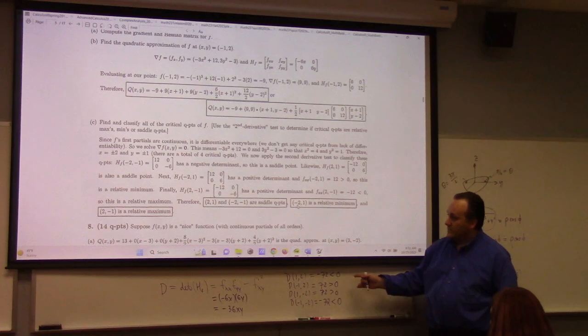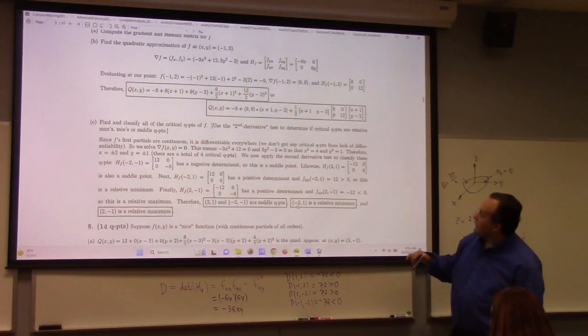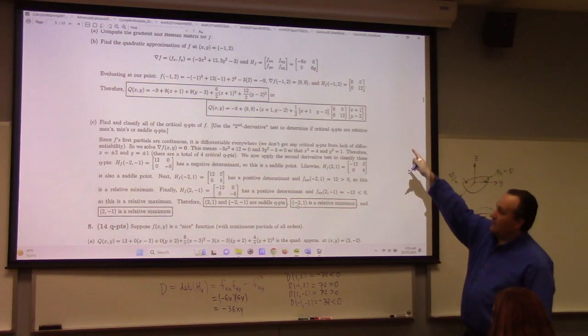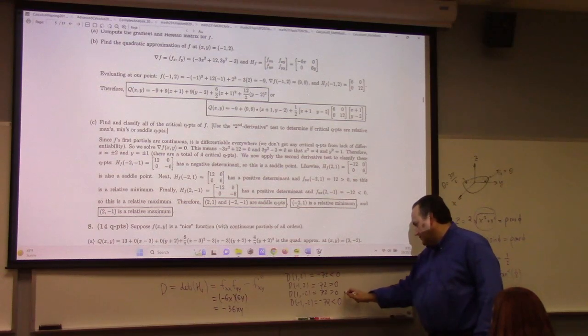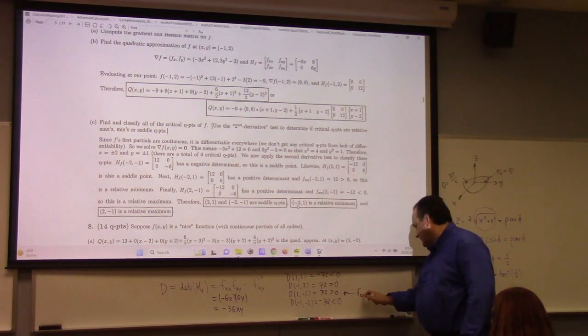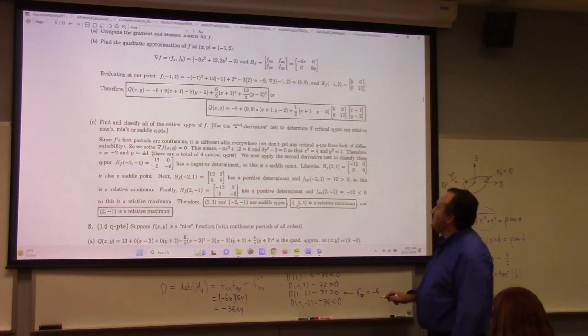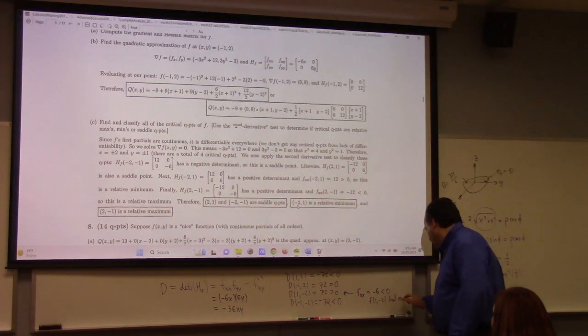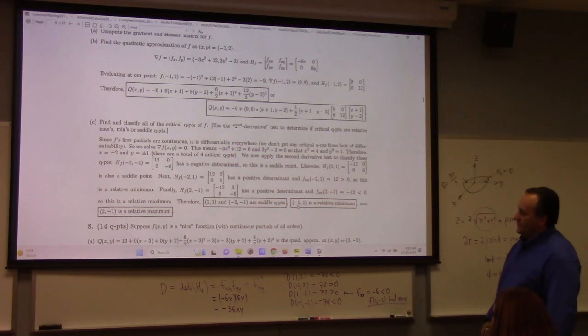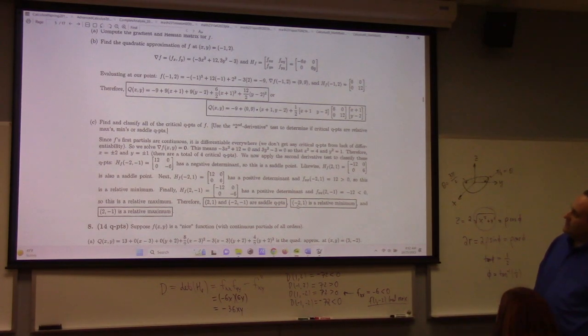Which are they, min or max? Well, it depends on fxx, right? fxx is minus 6x, and if x is positive, it's negative. So this one has fxx equal to minus 6, and that's less than 0, so therefore f of 1, minus 2 is a local max, right? And similarly, f of 1 minus 2 is